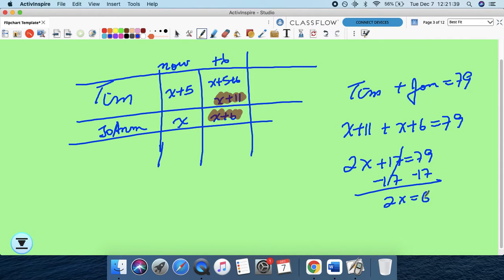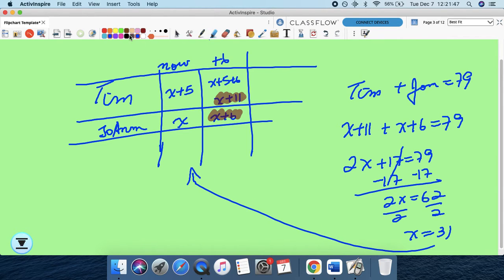2x equals 62. Divide both sides by 2, and that gives me x equals 31. So it tells me that Joanne currently is 31, which makes Tim 31 plus 5, 36. In 6 years, obviously if I substitute here, it's going to give me 47. And in 6 years, this is going to be